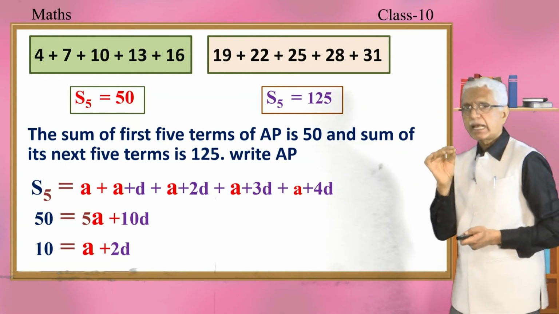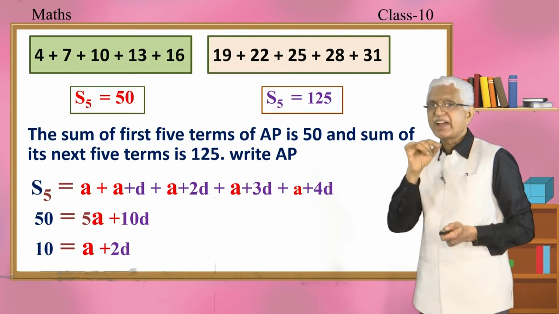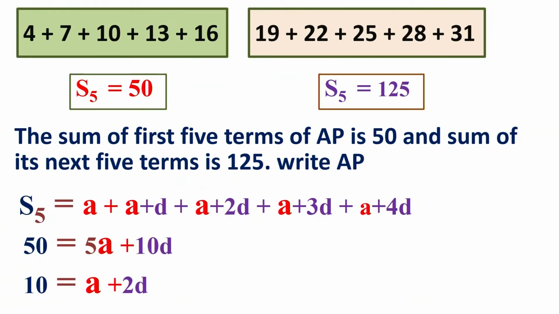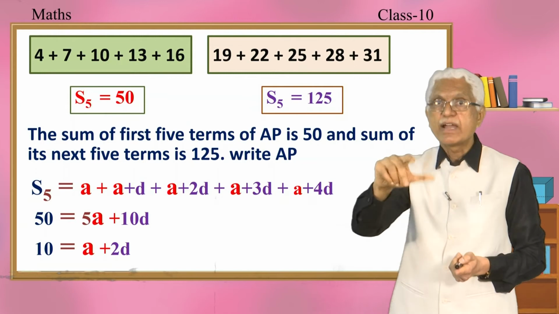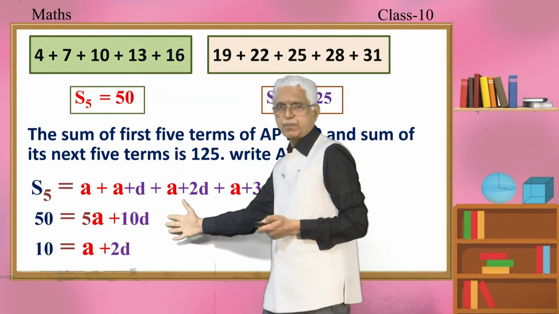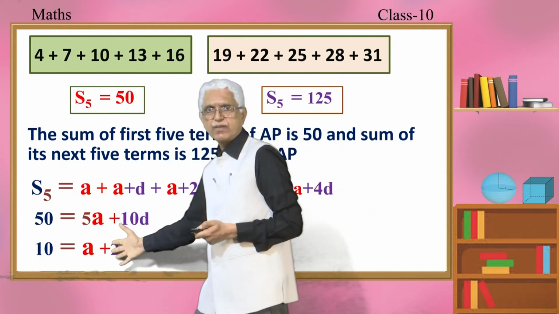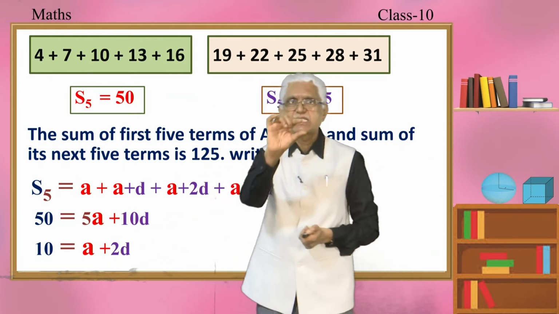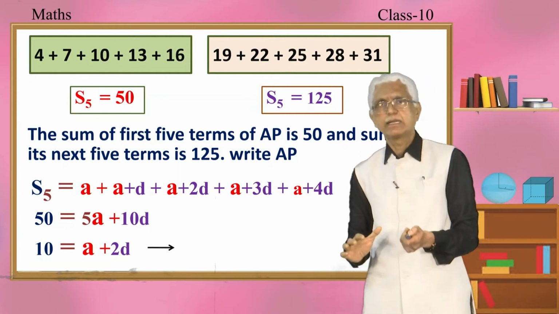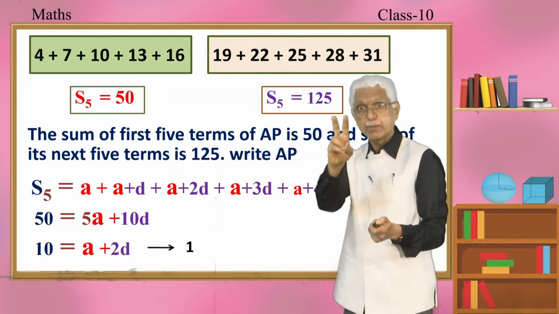Okay. What have they done next? Please observe. They have simplified it, correct? They have divided it by 5, correct? 5 tens are 50, 5 ones are 5, so A, 5 twos are 10, therefore D, correct? You had 50 is equal to 5A plus 10D, and what has happened to that? Observe, 5 tens are 50, 5 ones are 5, 5 twos are 10. It is simplified as 10 is equal to A plus 2D, correct? Call that equation number 1, okay? You got one linear equation in 2 variables, of course.